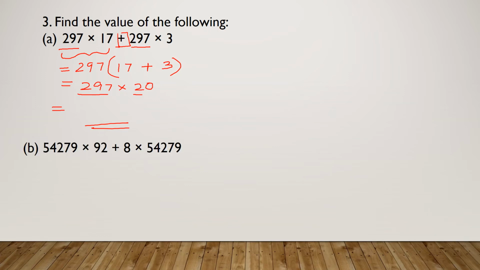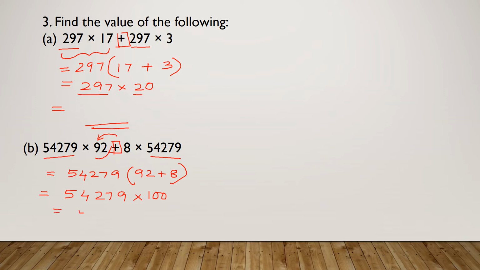Second one, if you do, we have 54,279 common. So we'll take 54,279 common outside. What is left here? This is the plus sign. Before the plus sign, there is only 92 left. After the plus sign, there is only 8 left when we take 54,279. So we get 54,279 into 92 plus 8, that is 100. That is equal to 5427900. See how easy it is not to multiply with 92, a big number like 92, then multiply by a